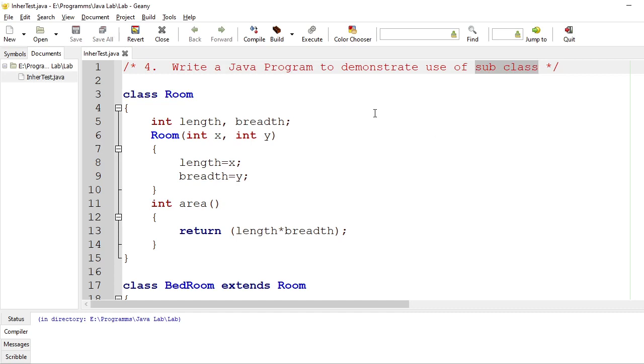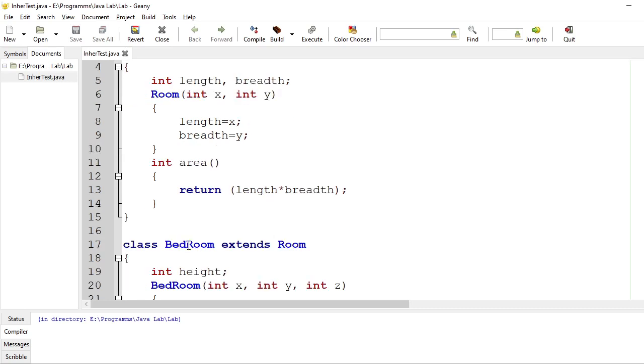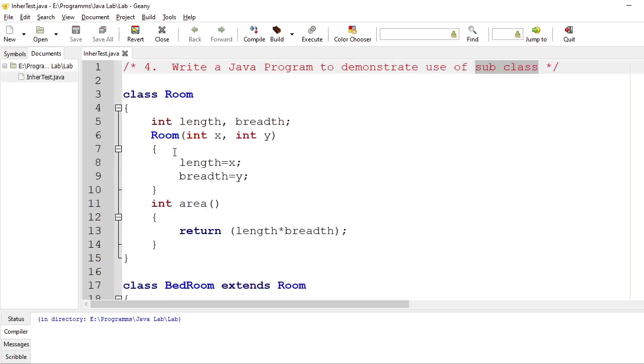Inheritance means you have one base class. That means the class is already created. That class is called the base class. Using that base class, I can create one more class, called a new class or derived class, and the new class takes all the properties of the base class. That means if I create a new class from the old class, it will take all the public properties of the base class.